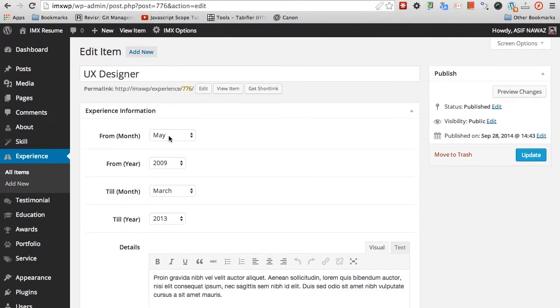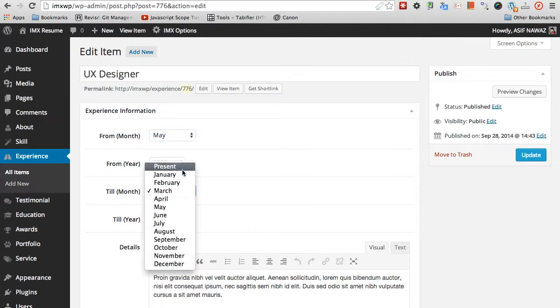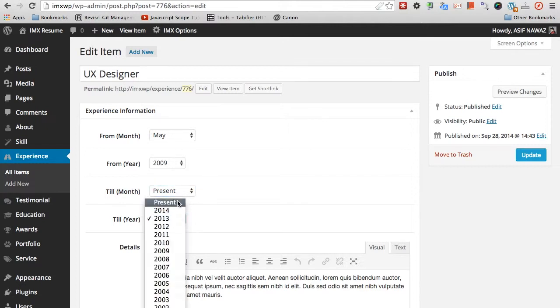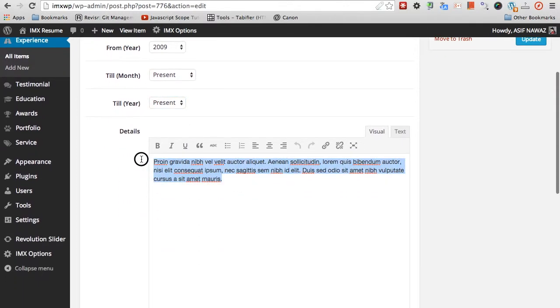From here you can put your own experience, like here is the title for the item, and then you can enter here from when you were working, actually you started working with this experience item, like from when you are a UX designer, you can select a date, and if you're still working on it, you can select present, and then a little details about this experience,